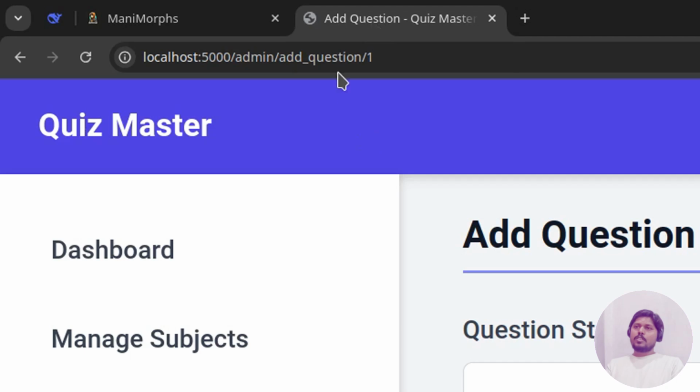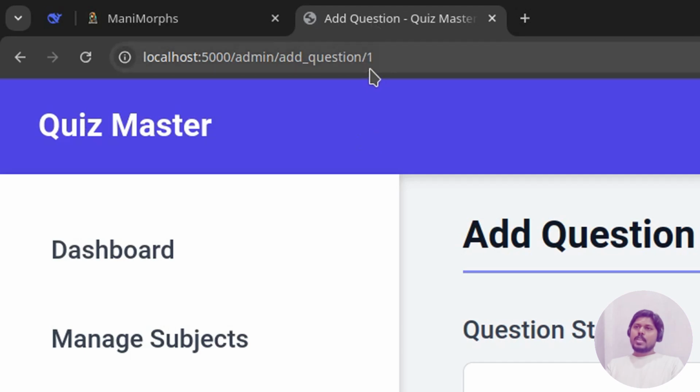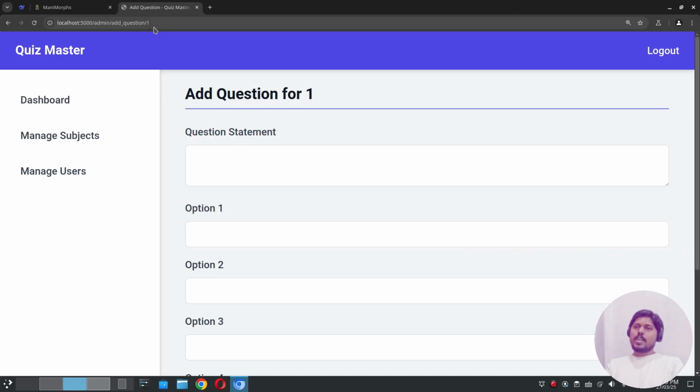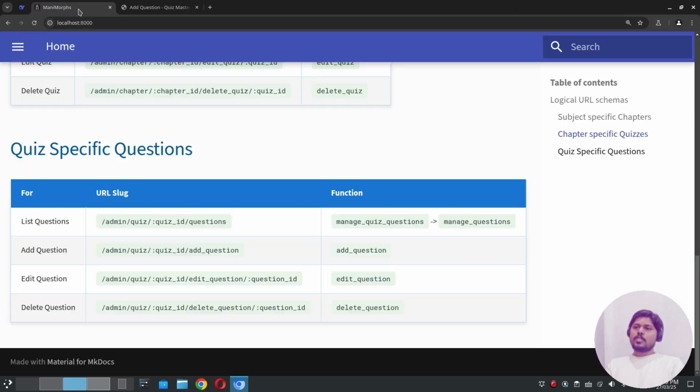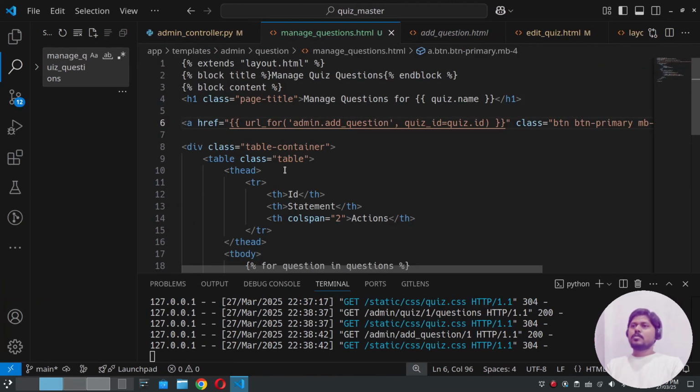What we have right now, it looks like we have the ID for the question. Okay, so we have to specify using this quiz/id, so then it will be more clear, like the quiz and the quiz ID, and for this quiz ID we are adding the question. Okay, all right,